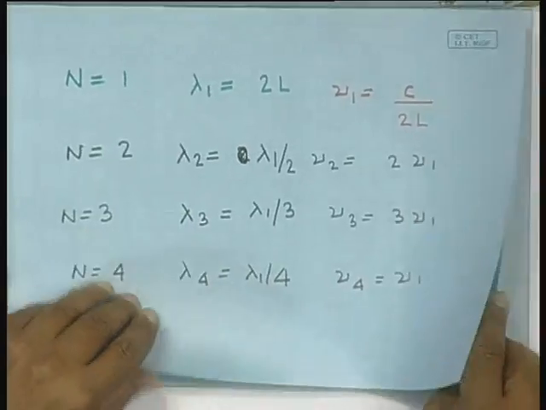Now, this nearly brings us to the end of our discussion. There are 2 points which I should make before we really close. The first point is that any standing wave is actually a superposition of 2 travelling waves. So, let me show this to you. Let us consider